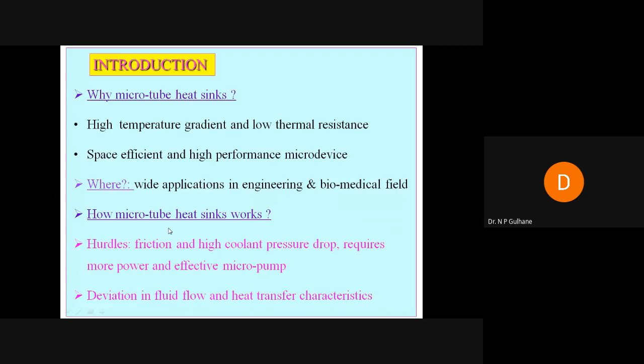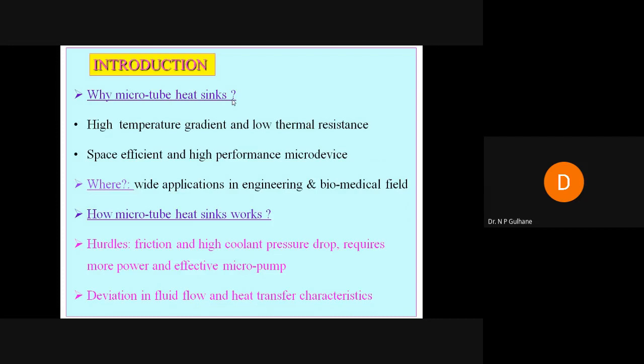With this, now we are switching to the application of the microtube in cooling technology using microtube heat sinks. Microchannels, as is well known, have very small dimensions, maybe of 10 to the power minus 12. Nano means 10 to the power minus 12 millimeter. These microtubes are useful to carry the heat generated in the silicon substrate, maybe in a PCB, maybe in an IC, an integrated circuit that works in radar, in satellites, and in all other aerospace applications.